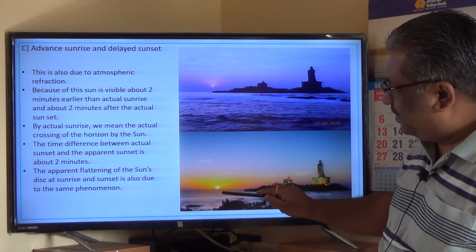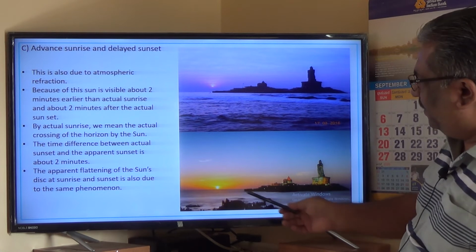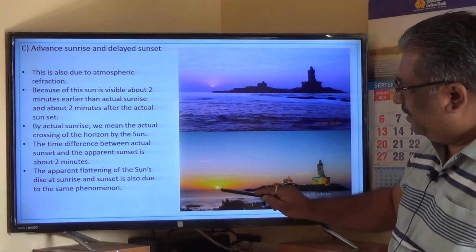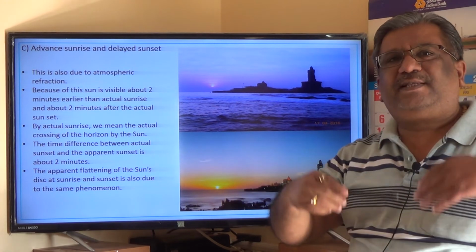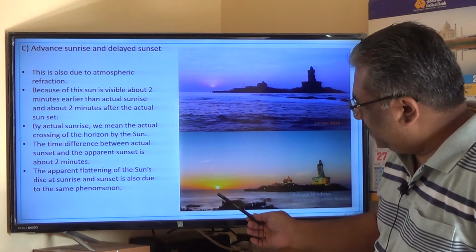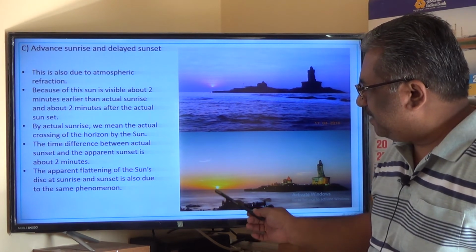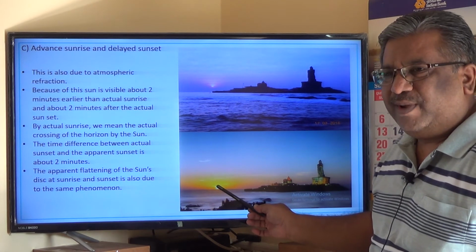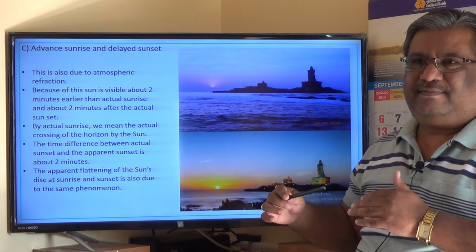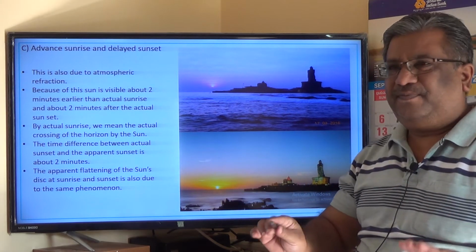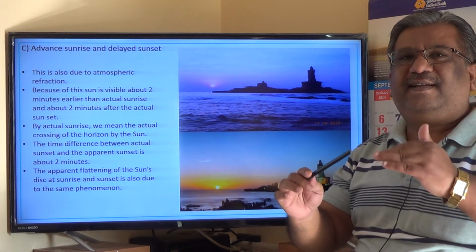If you look at the horizon, now we are seeing the sunset here. See here, all these are evening lights, and therefore this is sunset. Here the sun's position is above the horizon, but already sunset has taken place. The sun is below here, but due to refraction, the sun is appearing at this position, meaning there is a delay in sunset. Already the sun has set, but still for us sunset has not taken place, meaning sunset is getting delayed,